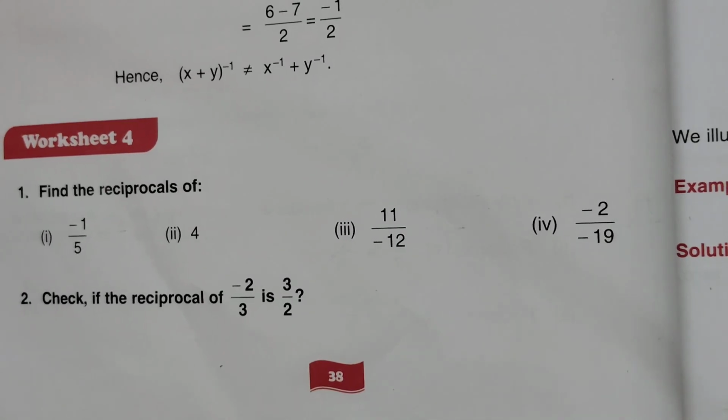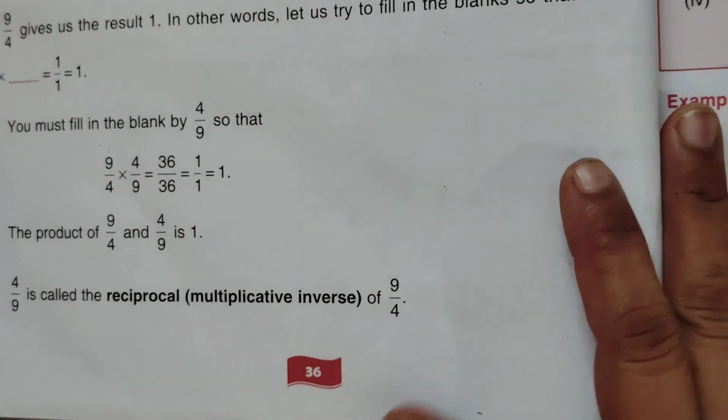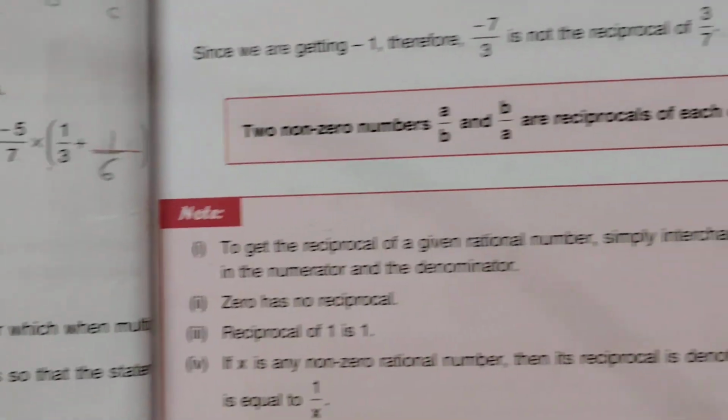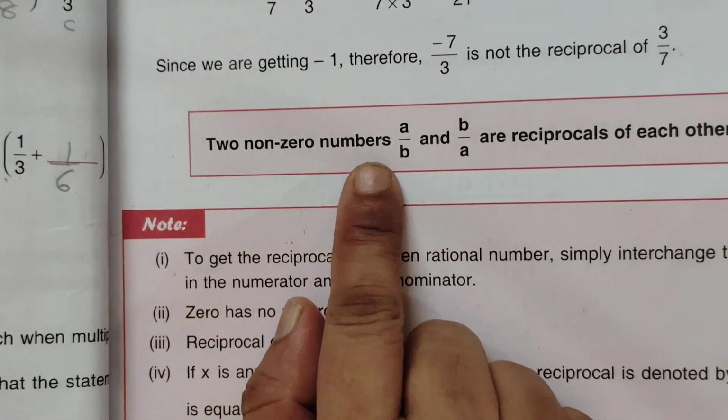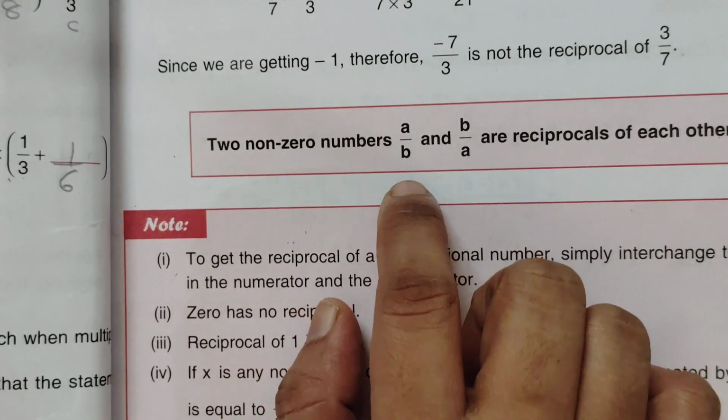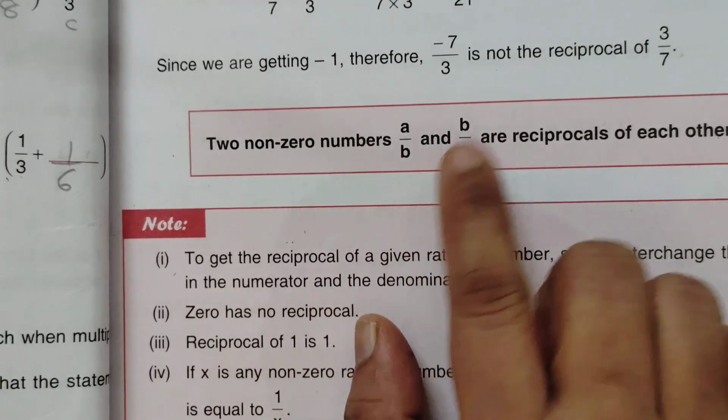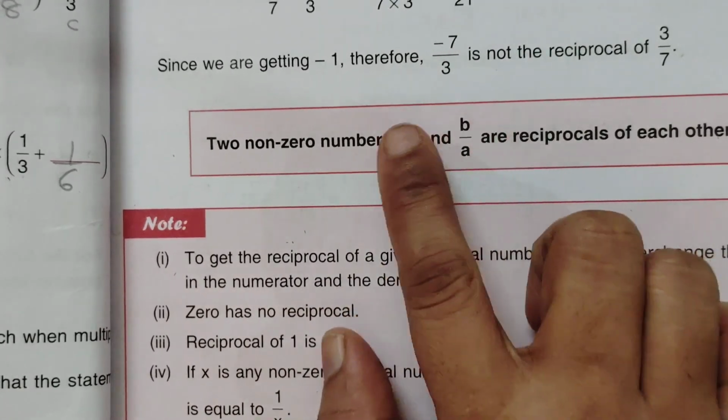Hello students, now we are going to start worksheet 4 of chapter 2. Before that, we will just see the basics of reciprocals. Okay, so if you come to page number 37, two non-zero numbers like a upon b, a rational number, and b upon a, are the reciprocals of